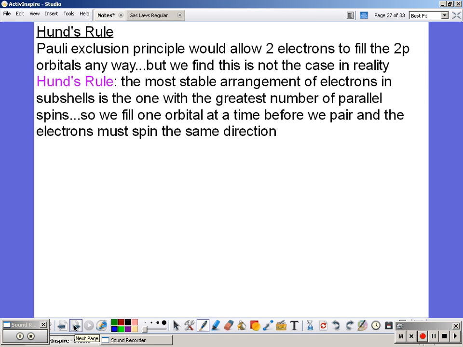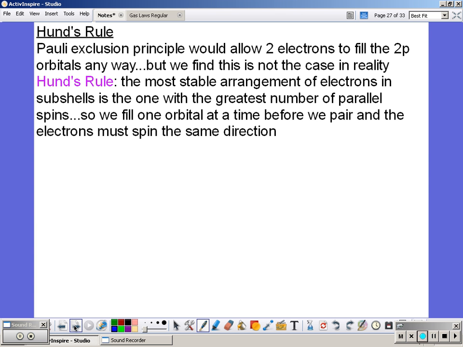Hund's rule. So Pauli's exclusion principle would allow 2 electrons to fill the 2p orbitals in any way. But we find that this is not the case in reality. Hund's rule says the most stable arrangement of electrons in the sublevels is to have the greatest number of parallel spins. So we fill one orbital at a time before we pair, and the electrons must spin the